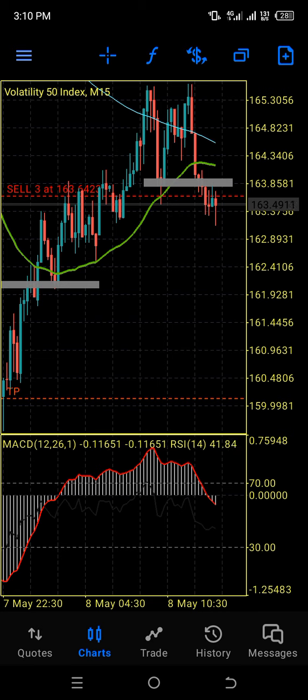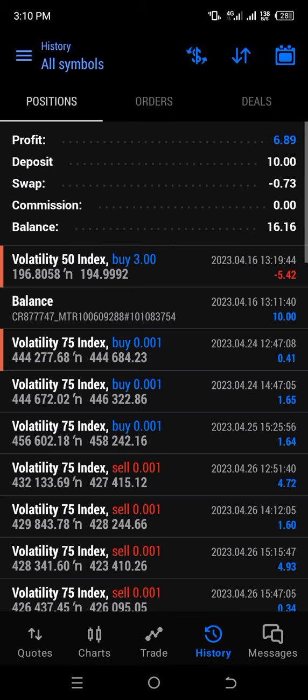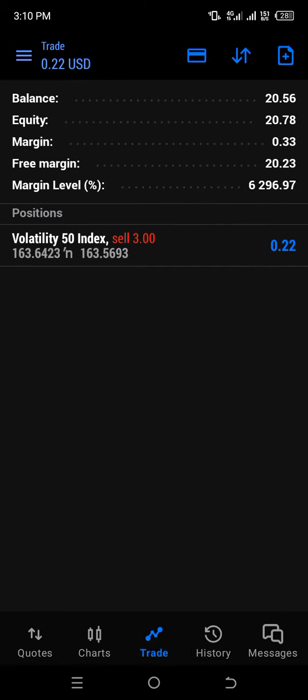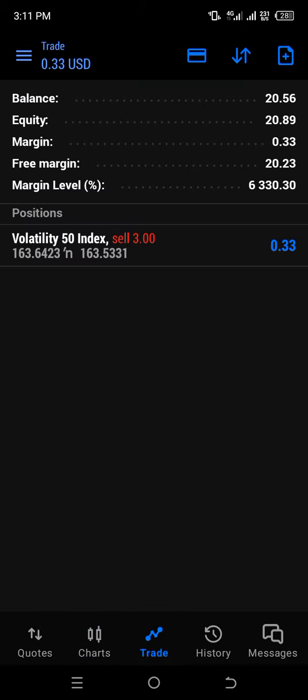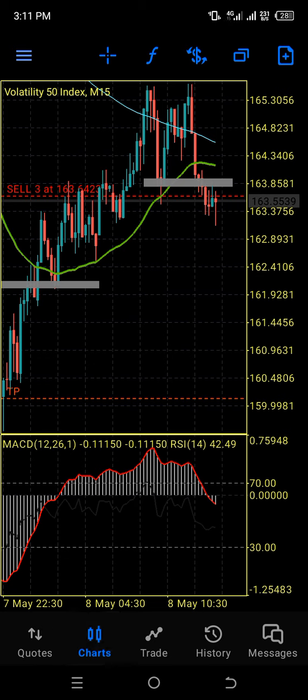If you can see right now, this was a deposit of $10. I deposited $10 in this account and made some profit, and right now this account has $20 right here. So that is a 100% flip. The same way you're able to flip a $10 account by 100% is the same way you can flip a $1,000 account by 100% as well. It is the same thing. All you need is basic knowledge. You need to know certain things.